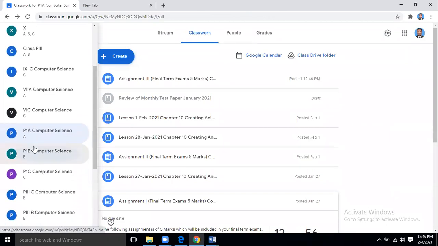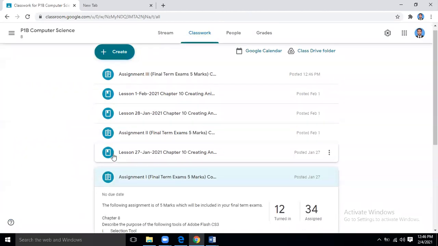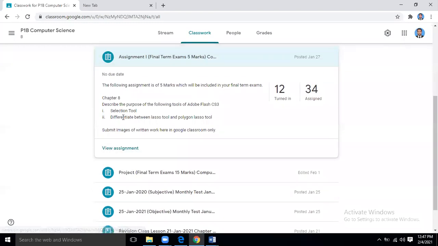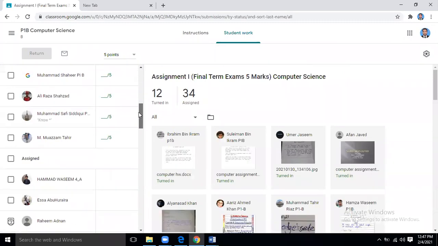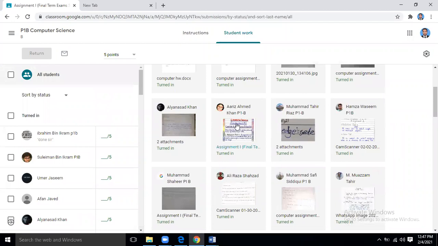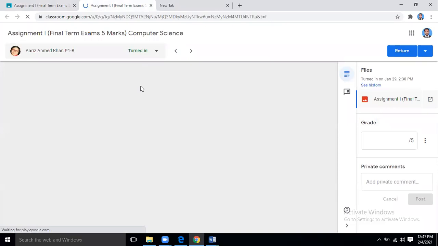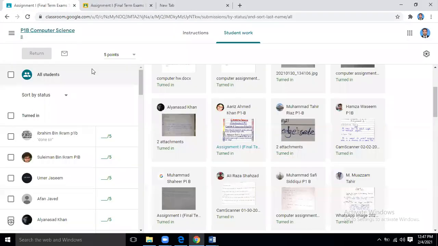Okay. Then we come towards P1, P2, P1 for B section. And again, I go to assignment number 1 to see the position. There are 12 students. Okay. So the rest, those who have not submitted, they should submit. Otherwise, you are going to lose these 5 marks that you can quite easily get by writing and submitting your answer. Fine, you will write your answers, and of course you will submit it online. These are quite simple things that you have to write, and inshallah when your work is okay, you will be awarded marks for it.